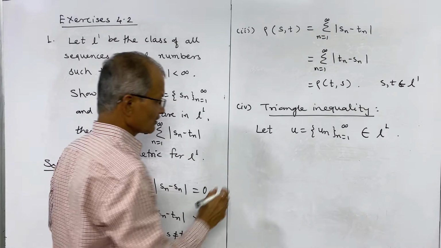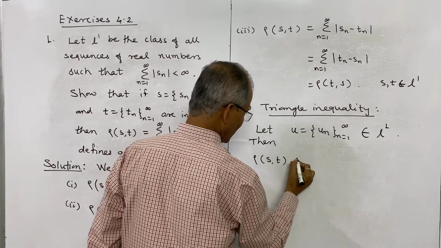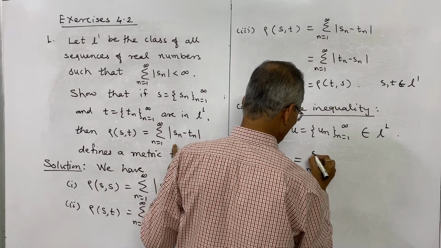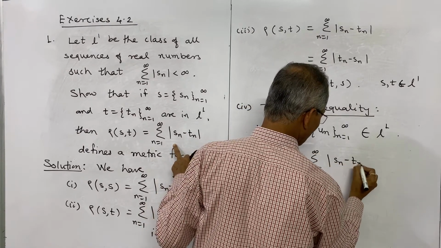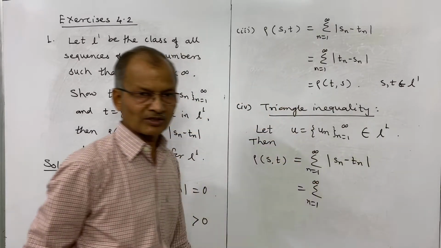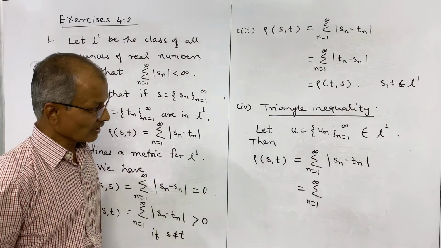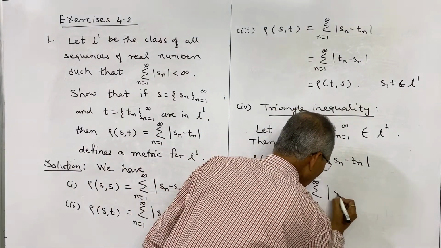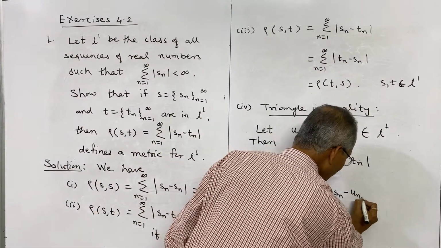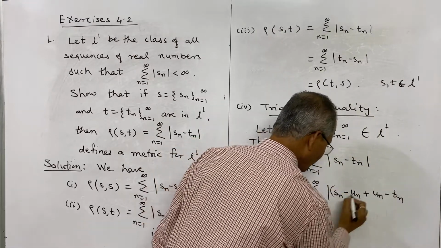Now what we have to prove is that rho of S and T, by definition, is the summation n from 1 to infinity of the absolute value of Sn minus Tn. And as in earlier examples, we have to introduce the third point, or third sequence Un, without changing the value. So I shall write this as Sn minus Un plus Un minus Tn, minus and plus, and we can prove this